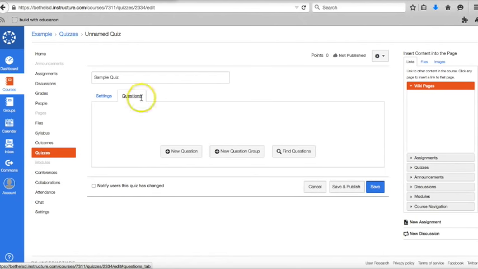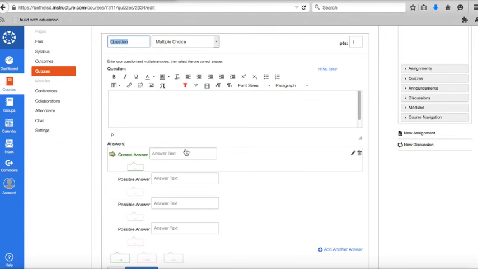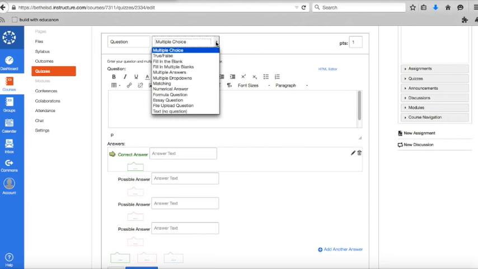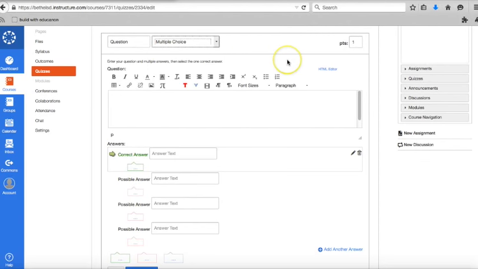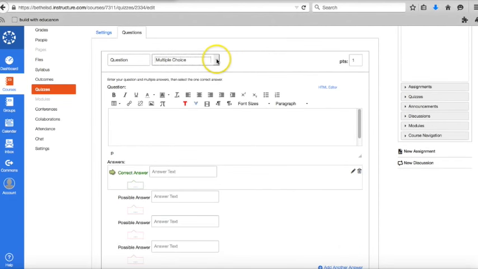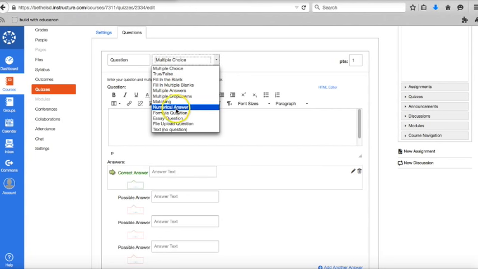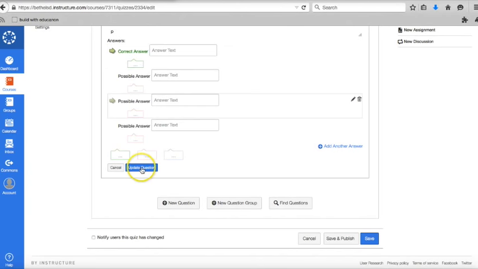In questions, you can have question groups, you can find questions, or you can write your own question. Now, when you write your own question, you have to select what type of question it is. We have a lot of options to choose from. Multiple choice, true, false, multiple answers, drop-downs, matching, formula questions, numerical answers, essay questions. So what I'm going to do is I'm going to show you